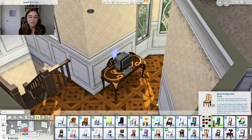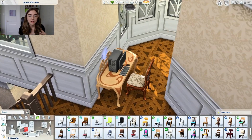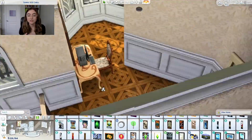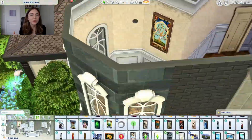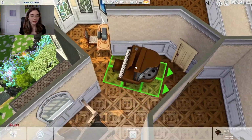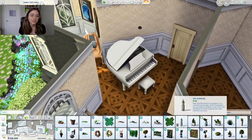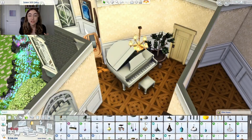If the bathtub isn't, it would probably be best to just, if you were to download this house, delete the bathtub and add another potty in case you have 2 toddlers, because I did leave 2 beds for the toddlers, so yeah. Upstairs, I kept with the more traditional vibes of this house, and I put a giant grand